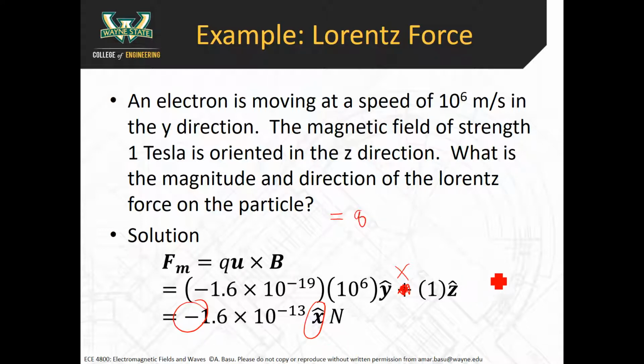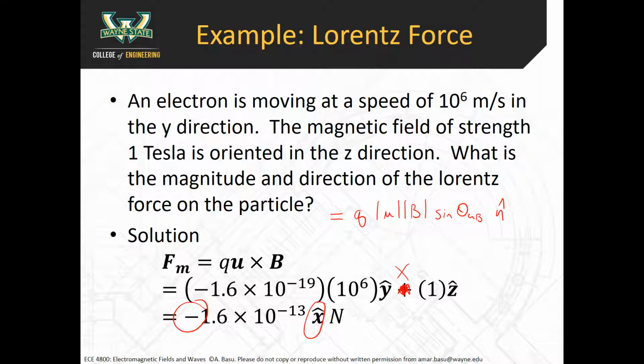Say Q, magnitude of U, magnitude of B, times sine of theta UB, so the angle between the two, and then the n hat vector. Okay? So this is the general equation. I would use this approach if the fields are not orthogonal with one another. This is the most general equation, and it will work